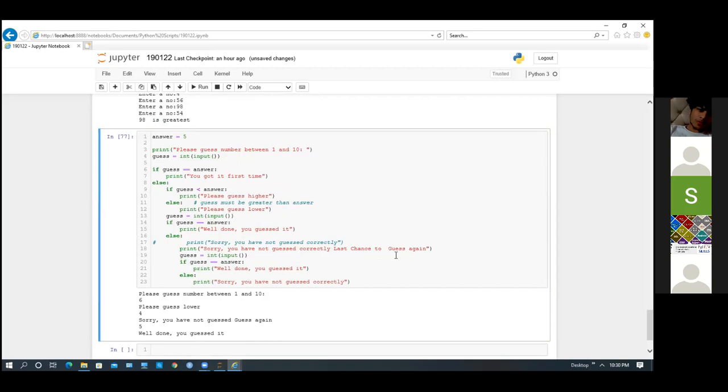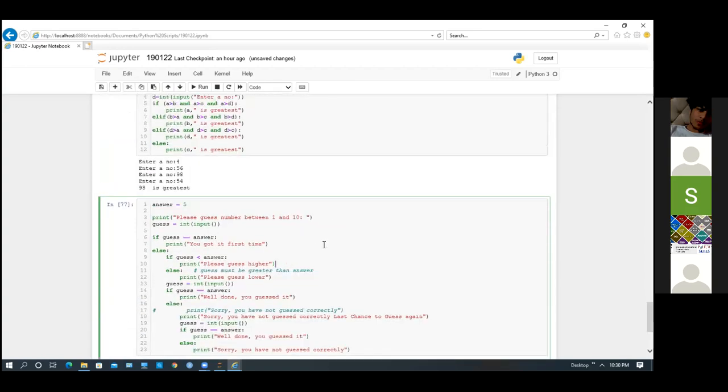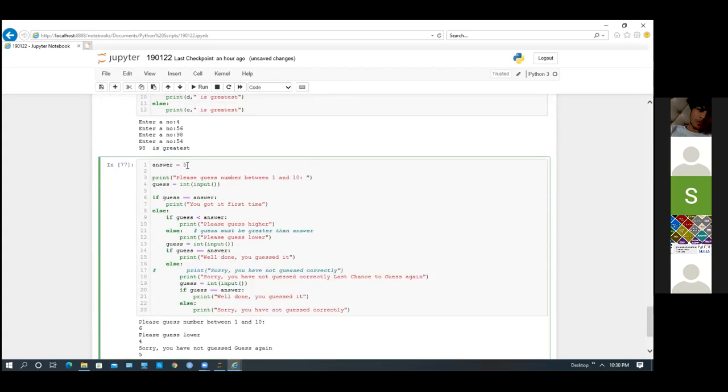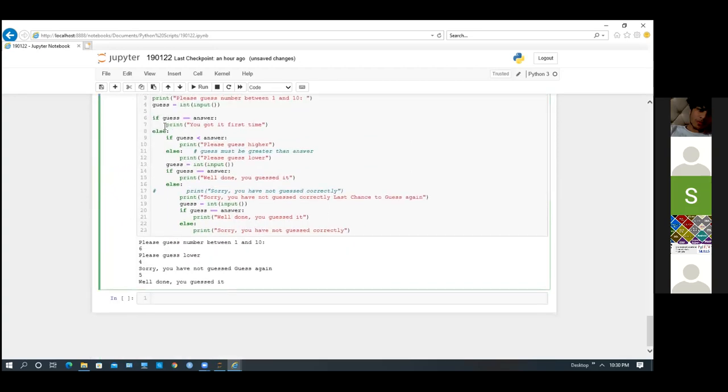So this becomes a very small game, but these are the basic logics which are used behind casinos also. This number later we will be doing in random. This number will come as a random value, and based on that random value, a number will be generated, and you have to guess it within that. So that we will do in some next classes.